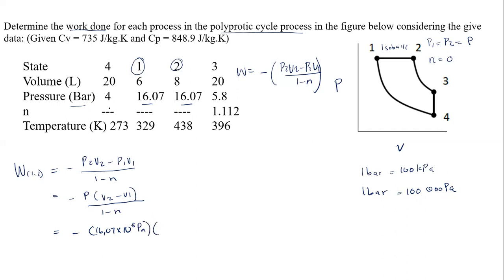And therefore, my V2 in this case, again, from state 1 to state 2, is 8 liters. But remember, again, we do not use the liters, but rather